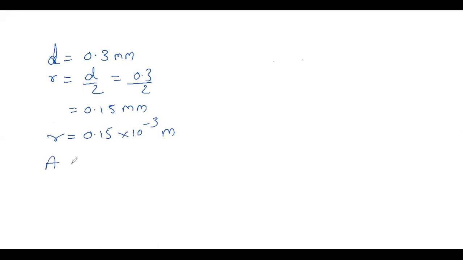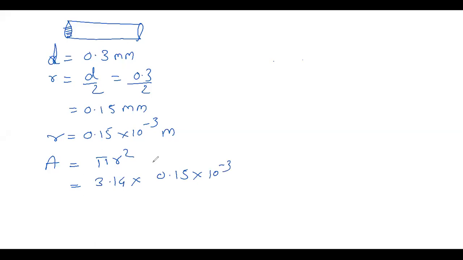And when I want the area, just now we said a wire is actually cylindrical in shape. So the area will always be the area of a circle. So area becomes pi r square. If you want, you can write 3.14. Pi is taken as 3.14. 0.15 into 10 raised to minus 3 square. Keep it as it is. Further, they are asking us rho. Resistivity rho is Ra upon L,